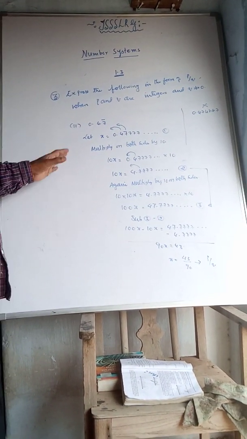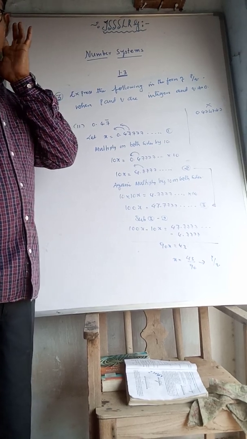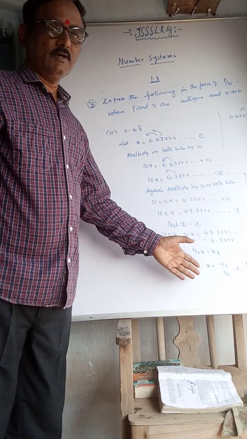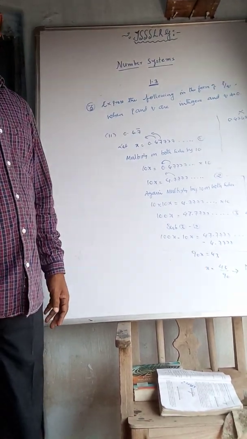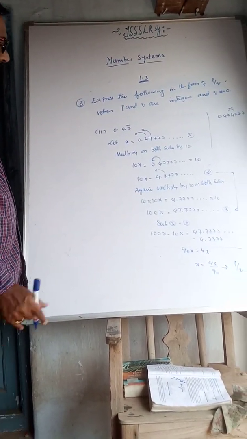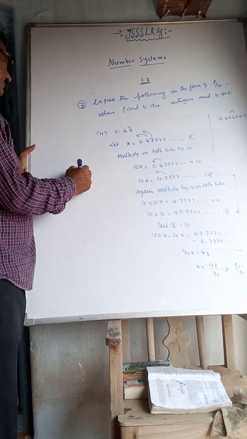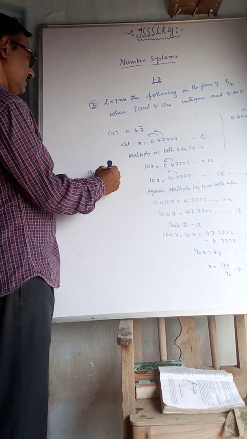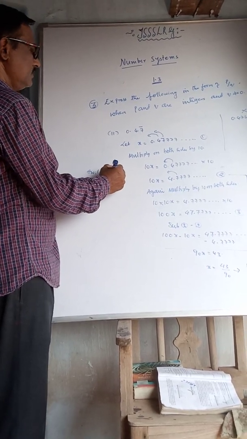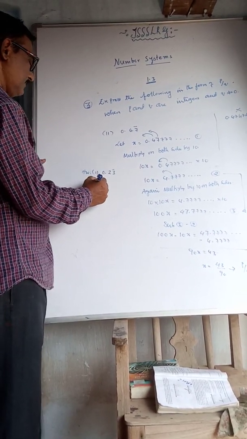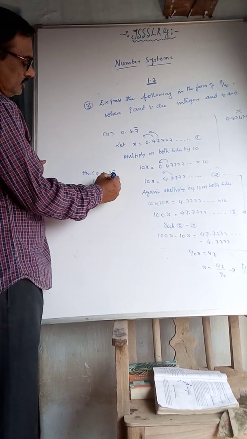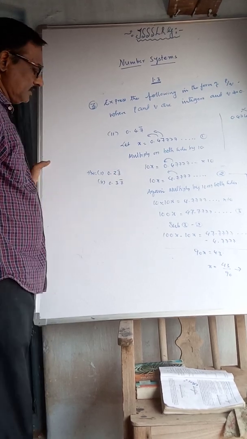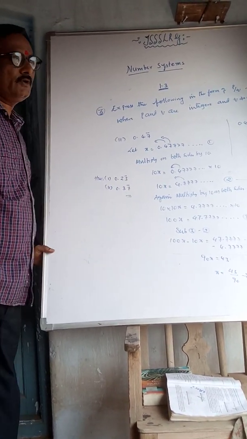In this manner, when two-digit numbers are given, we can do it by this method. Suppose the bar is given on a single number. We'll have to work out one, two, three problems at the same time. In the homework, take 0.23 bar, and the second one is 0.37 bar. You work out these two problems.